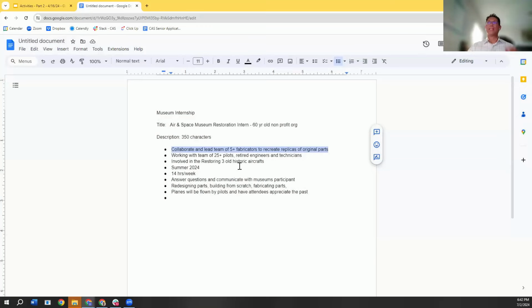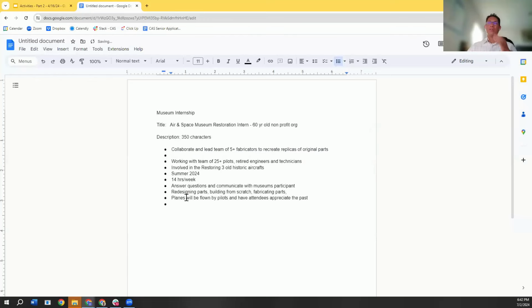All right. Now the next thing here: I like this, the original parts. Are you actually redesigning parts, building from scratch and fabricating parts? Are you doing that as well? I am, yeah. Wow. Okay. So you can mention redesigning and fabricating. And how are you doing that? Is that 3D printing? We do have a 3D printer, but usually at the stage we're at with the plane right now,